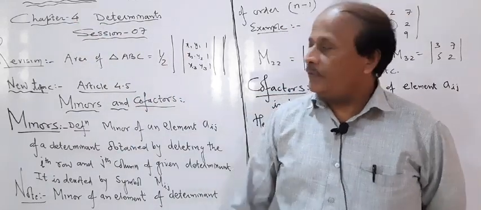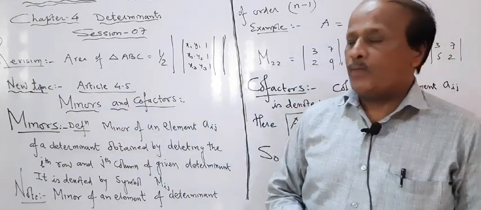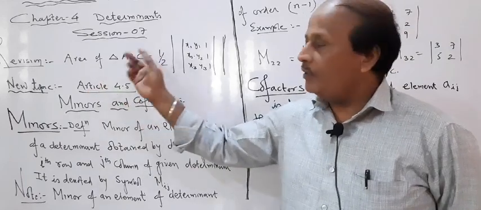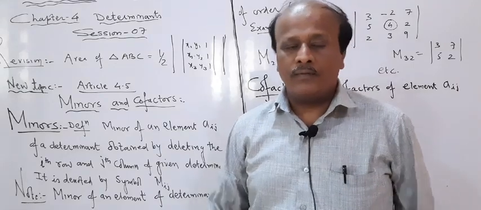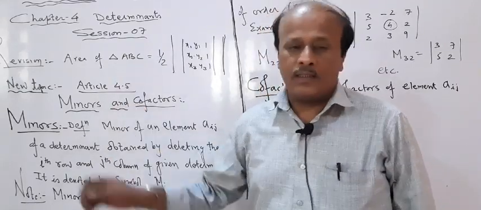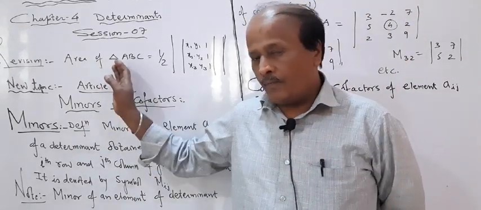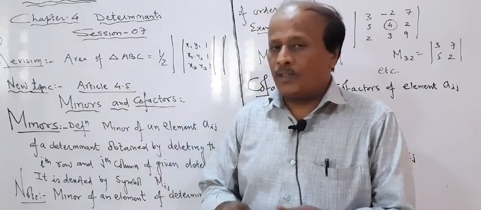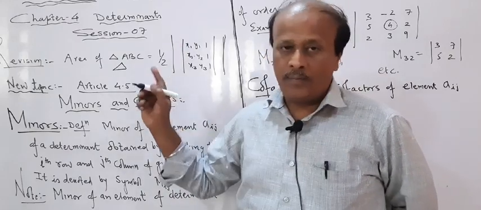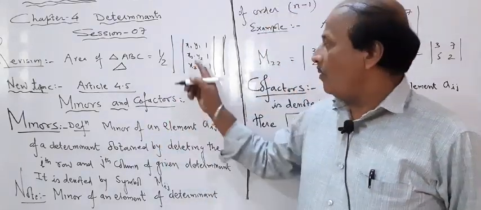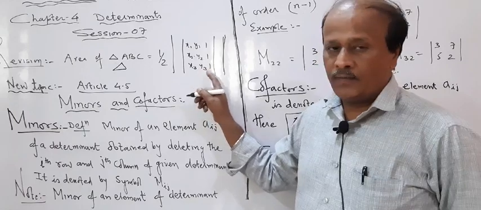Now as you know, we always revise the previous topic, but the previous topic was very easy. If you remember, last time we were doing area of triangle. When three vertices of a triangle are given, A(x1, y1), B(x2, y2) and C(x3, y3), then we can find the area of the triangle very easily. What is that formula? Del is equal to the area of triangle ABC, or otherwise del is equal to half mod of the determinant, which consists of all the three vertices: x1 y1 1, x2 y2 1, x3 y3 1.